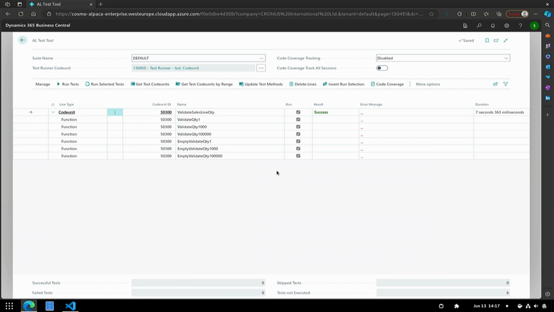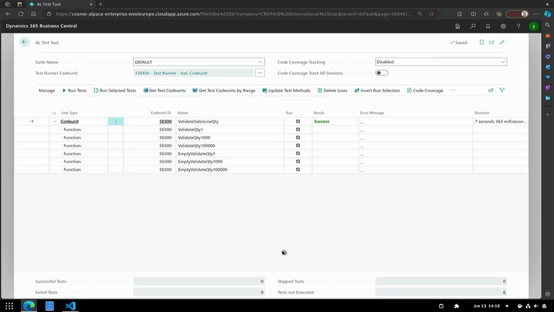So what I've got here is, it's probably large enough. I've prepared a few tests for that. 3 tests each, one for an empty validate and one for validating the quantity on the sales line. So if I run these, it shouldn't take but a few seconds. Maybe increase the size 1 point. All right, there we go. And I think we can run it one more time, because 150 milliseconds is actually on the worse side of things. There we go. That's better.